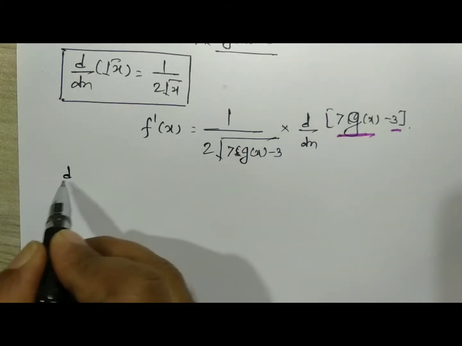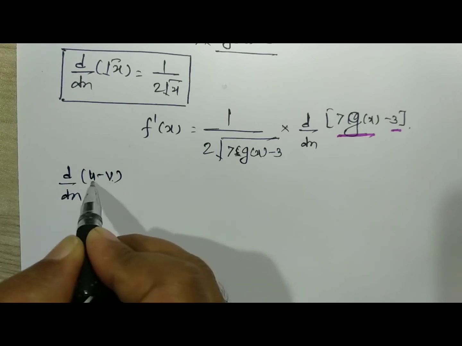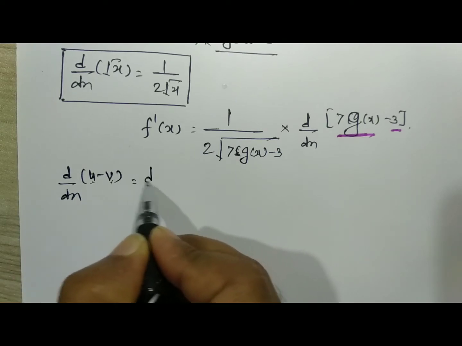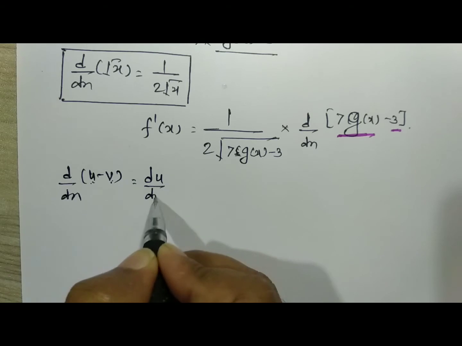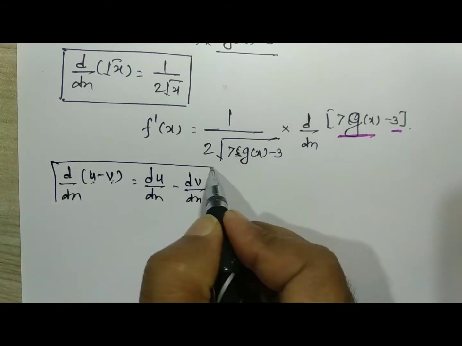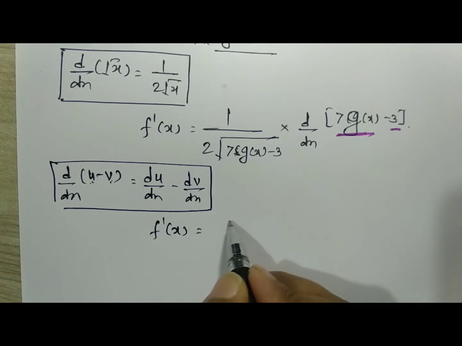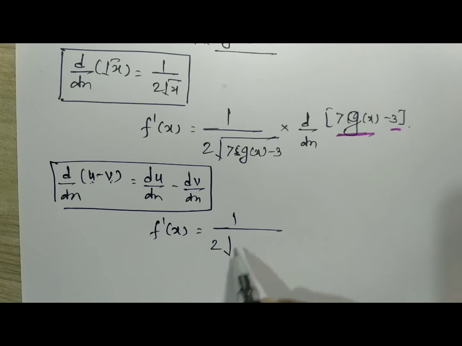That means the derivative of u minus v, with two functions u and v, is the derivative of u separately and the derivative of v separately. By using this rule you will get f dash x is equal to 1 divided by 2 root 7g of x minus 3